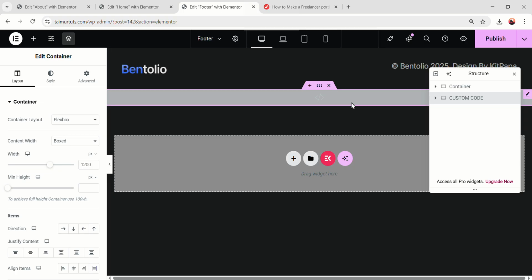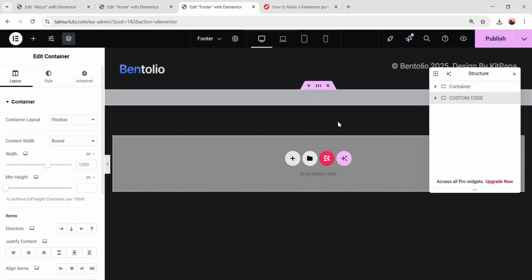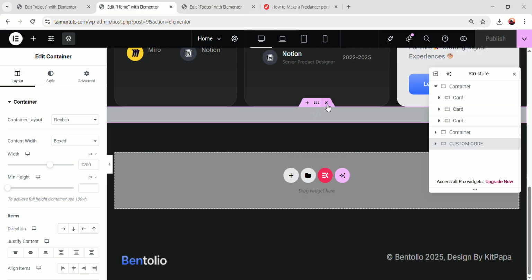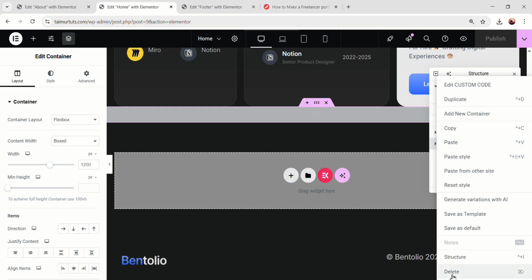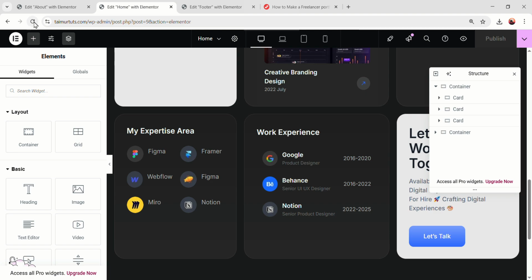And the custom code is invisible, so don't worry about seeing it in the real website. After adding it, publish and go back to the home page. Just delete the whole custom code. We're just having it on our footer. Okay, now publish the home page, refresh the home page,